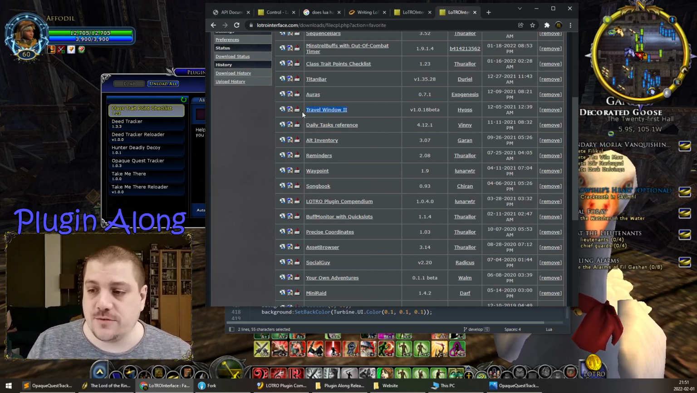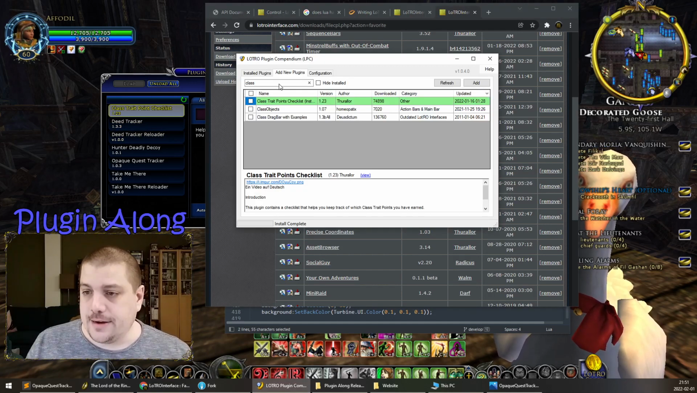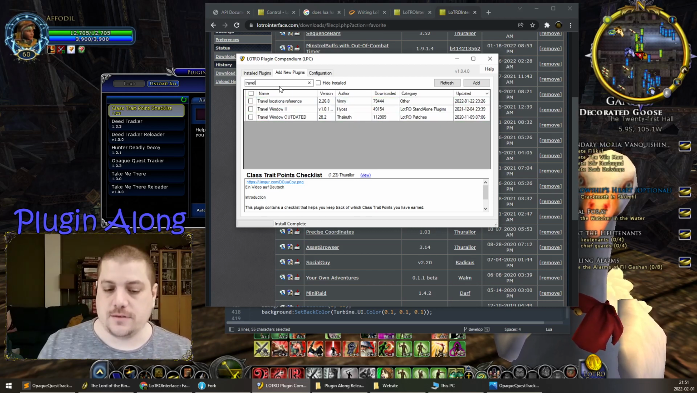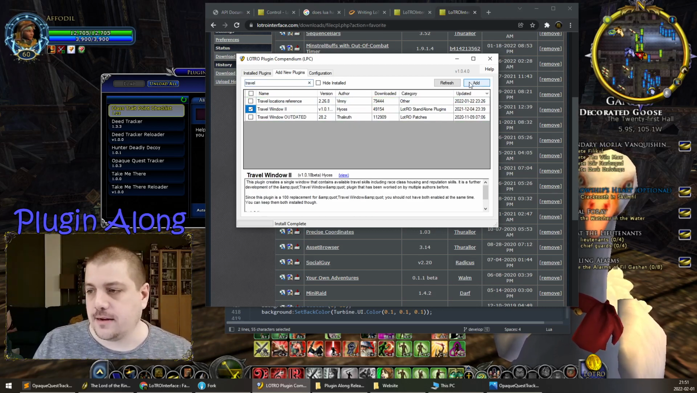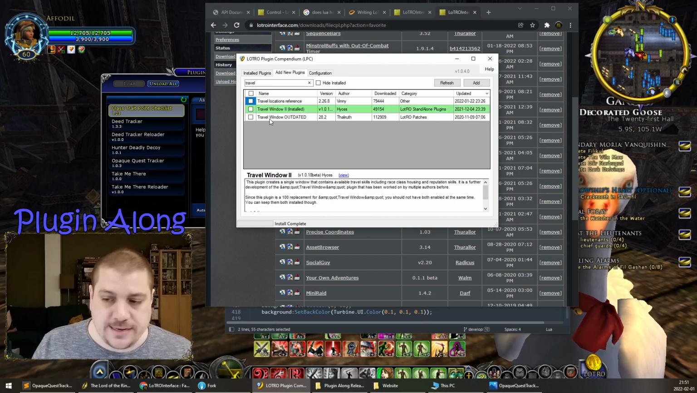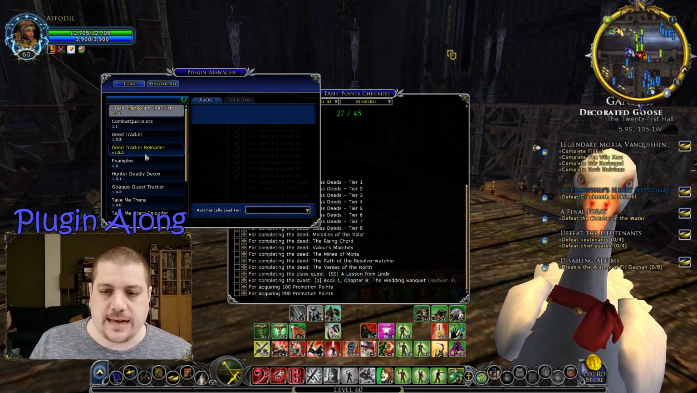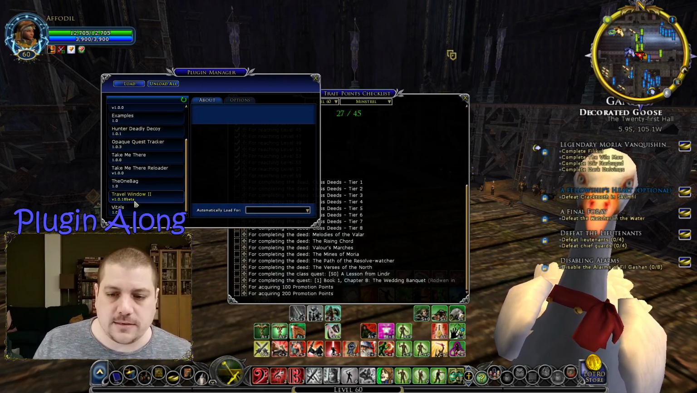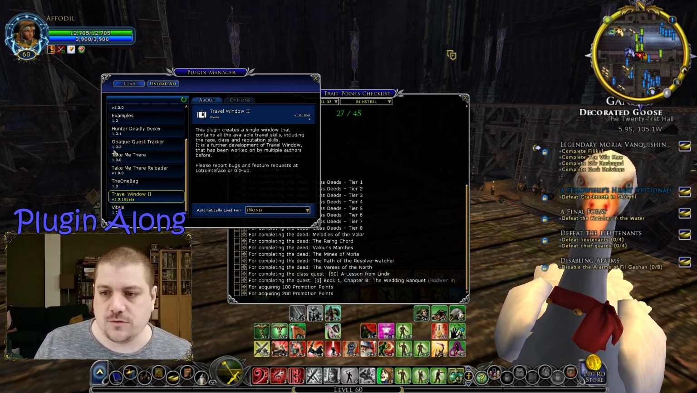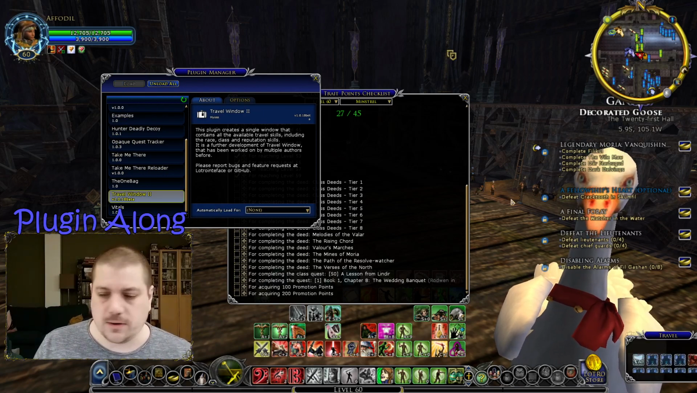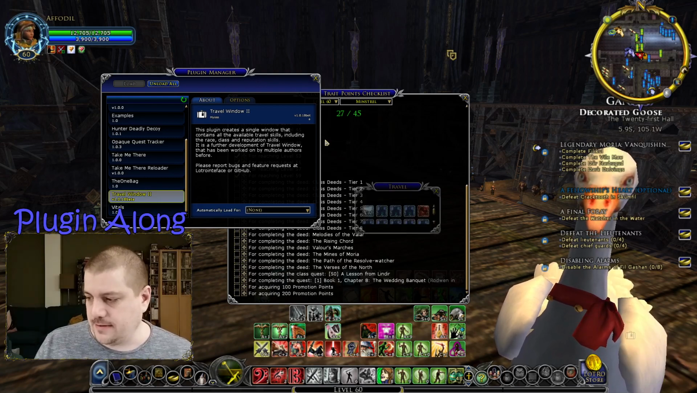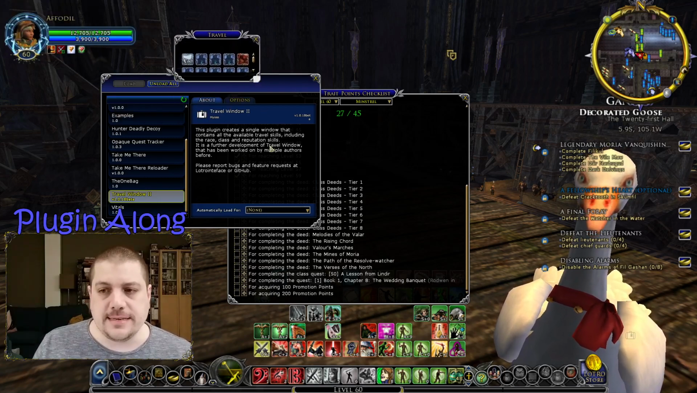But like Travel Window 2 is super awesome, especially if you're playing a hunter. But even if you're not, Travel Window 2, and you want that one, not the Travel Window updated. Let's go ahead and load that up. When it loads, it's going to pay attention to what skills you have. So it's working its way through there. And then, there we go, Travel Window. So we can see,